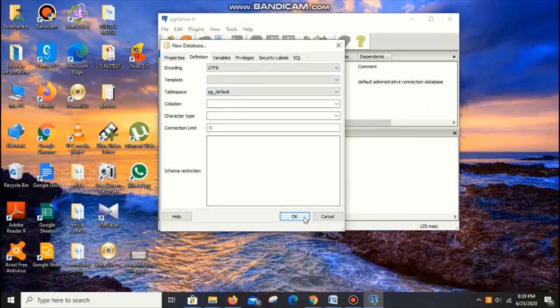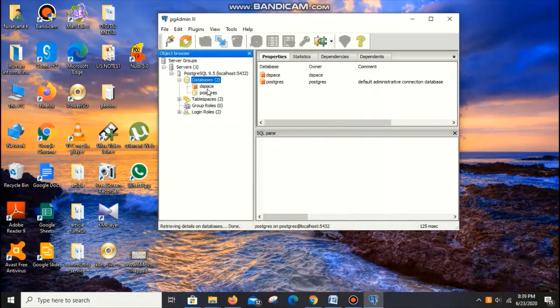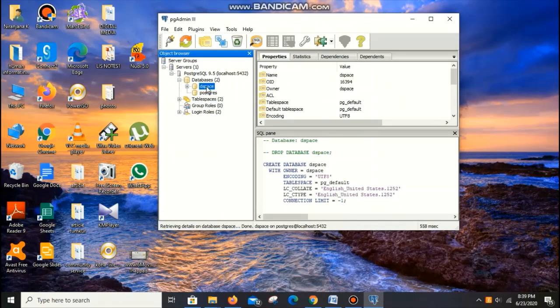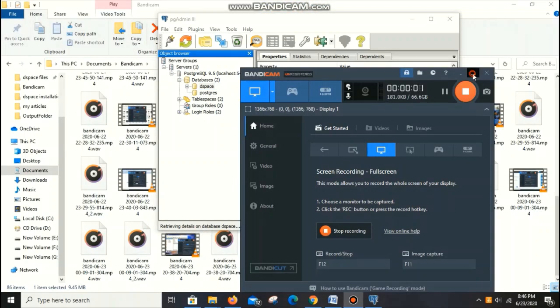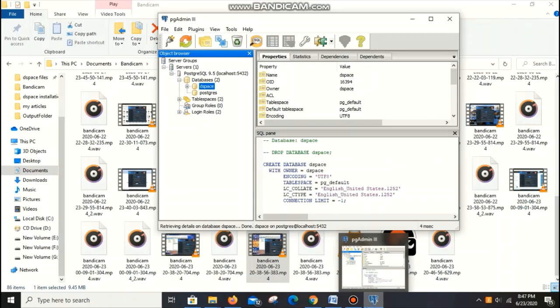Just click OK. Because I already created it in this step, it appears this way. And here is another important step. If you miss this step, Dspace will not install, so I suggest my users be careful at this stage. In Dspace I need to give the extension pgcrypto. So just right click